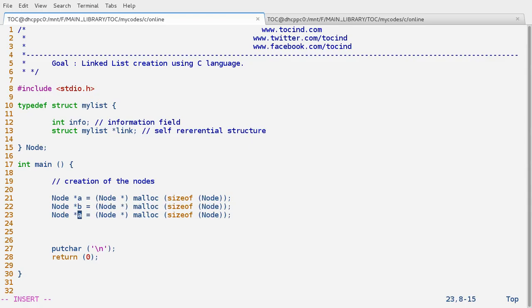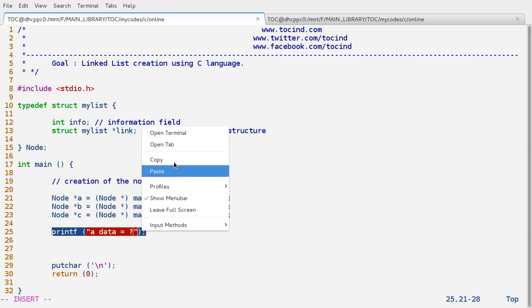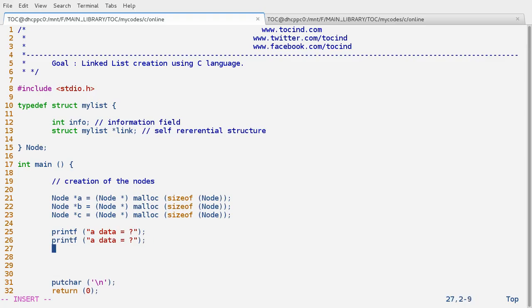This B, this C. The creation of nodes has been done, and now we have to place the data inside the node. Printf, just ask A data is equal to what, like this for all the 3 nodes I am asking. So here scanf, mod d, to place the data in the info field,